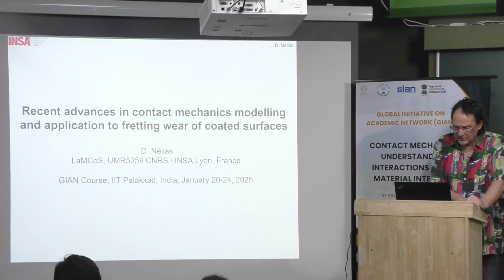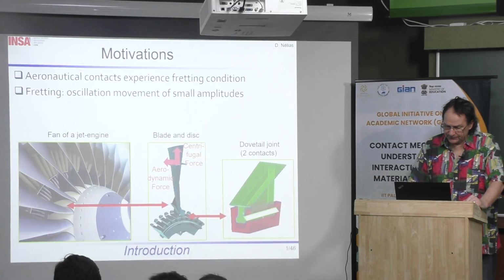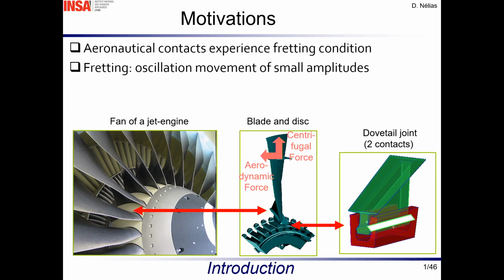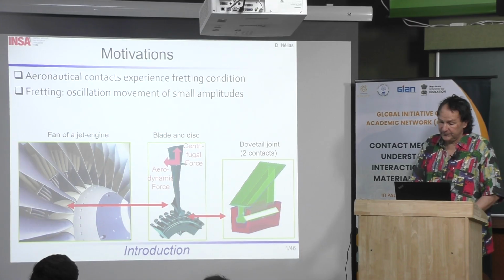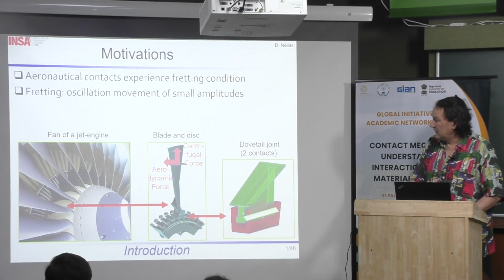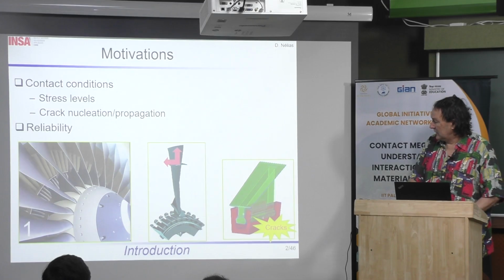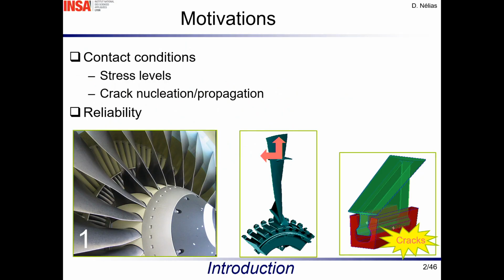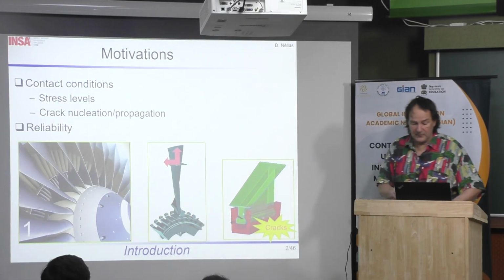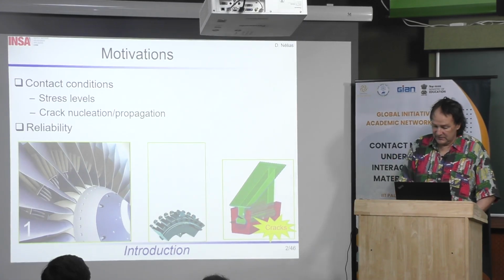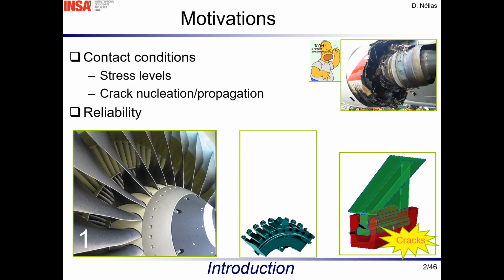Okay, now we will consider coated surfaces. Okay, the same problem, which is in fact the principal problem. What we want to avoid is a failure of the blade and of the disc. The disc too. Okay, the same type of solicitation. And okay, when you have some crack, you can destroy either the disc or the blade, and we want to avoid that. This is the topic of that. Okay, this is an example. Okay, you can find many pictures of that.